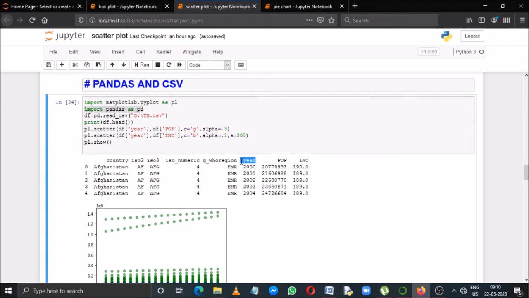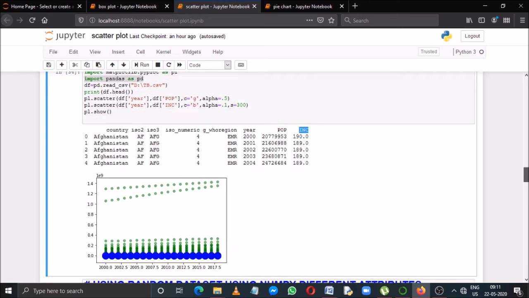And then year. Then population. And then increment in population. So these are the column headings. Now suppose I need to draw a scatter chart by taking 2 different columns, that is year and population.